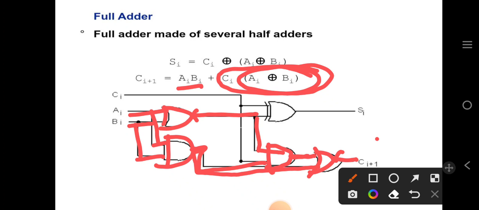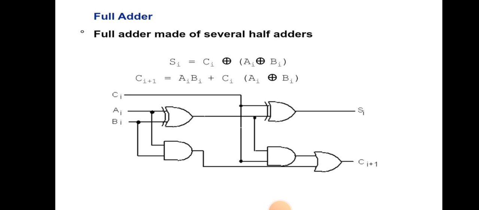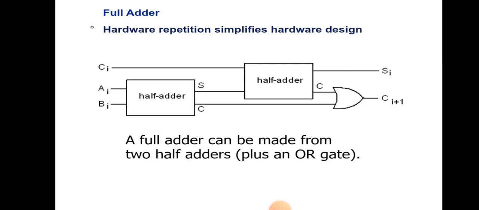Finally we will get the output of CI plus 1. Okay, so this is the step-by-step method of implementing the full adder. This is very simple. You just try to solve it at home and you can refer to this video. When you solve it by yourself, you will find it very easy. Okay, so this is the implementation of the full adder.